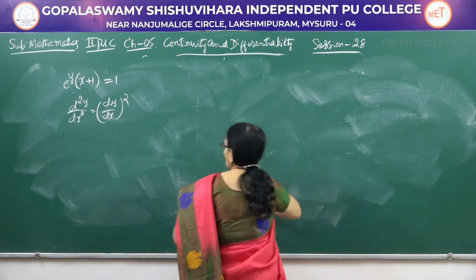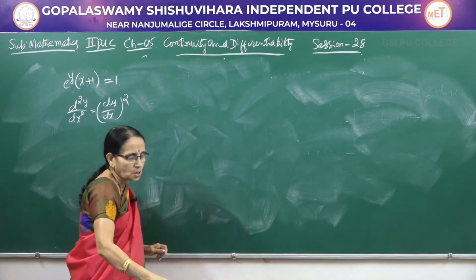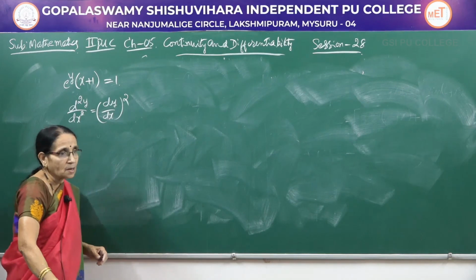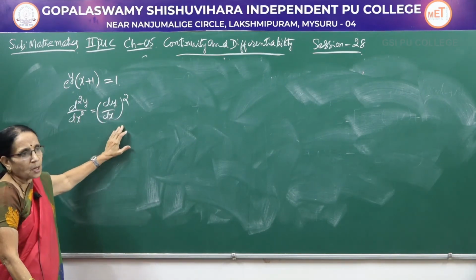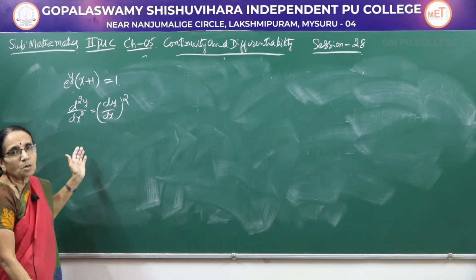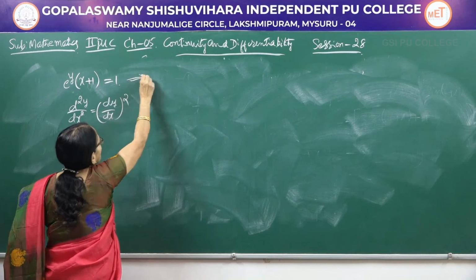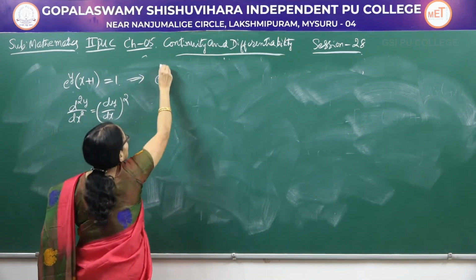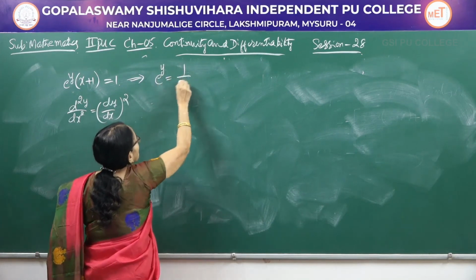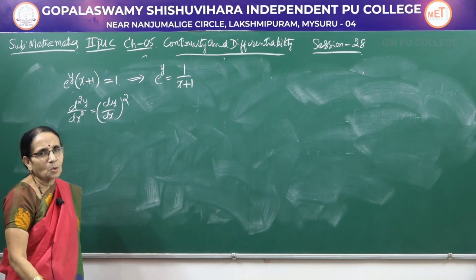So what we have to do here is calculate the first derivative as well as the second derivative, and see that the square of the first derivative will be exactly equal to the second derivative. As it is, you can also differentiate, but better you write the function like this: e to the power y is equal to 1 by x plus 1. I am separating them.